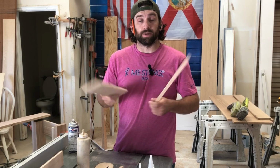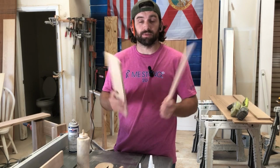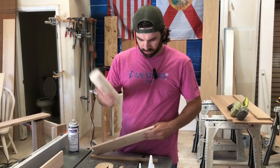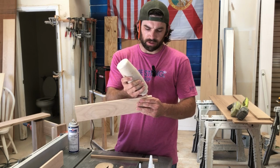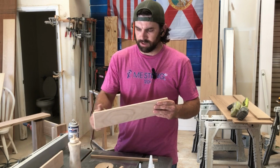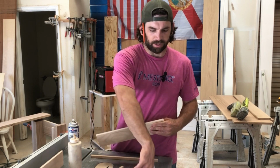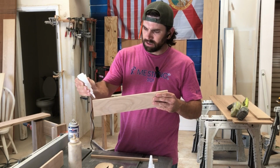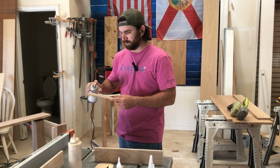I'm going to show you how to apply hardwood edge banding with no clamps, and it'd be done in just a matter of seconds. No nails, clamps, just glue. Step one, add your glue, but leave 3 spots empty. I like to leave either end and the middle. Smooth the glue out. Take some CA glue and add big dollops to those 3 spots. Take your hardwood edge banding, using white oak,